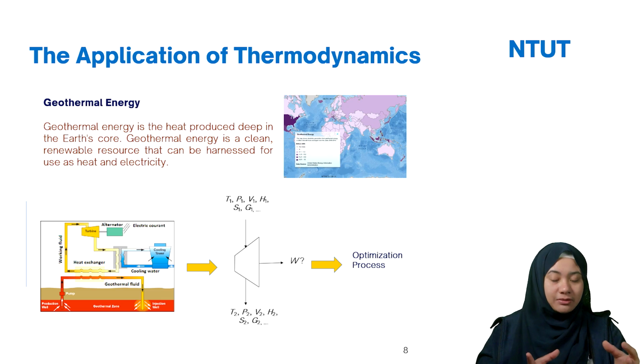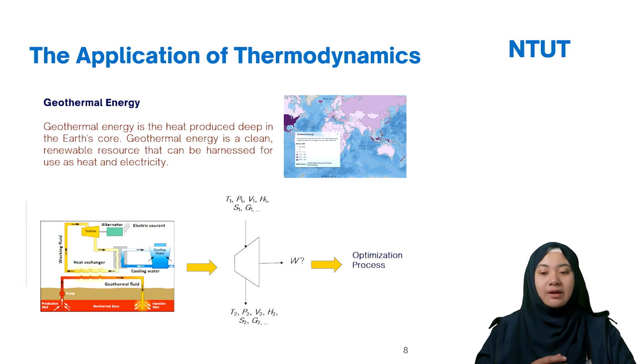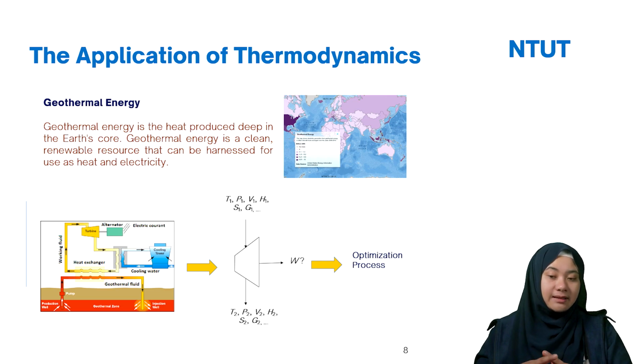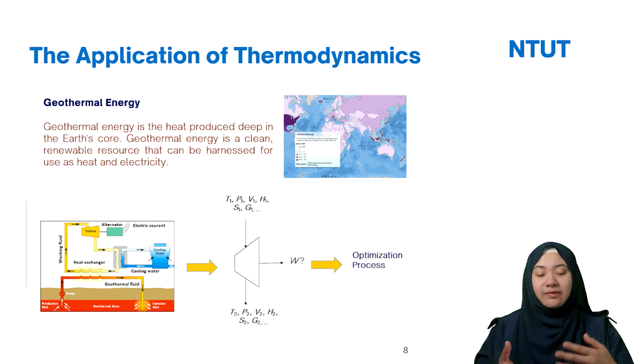We use it to move the turbine, so the turbine can produce electricity in this case. So it will go to the generator in the end. In here, the working fluid we normally use is HFC, hydrofluorocarbon. This is also a kind of working fluid, or you can use any kind of other chemical that can make the turbine move.